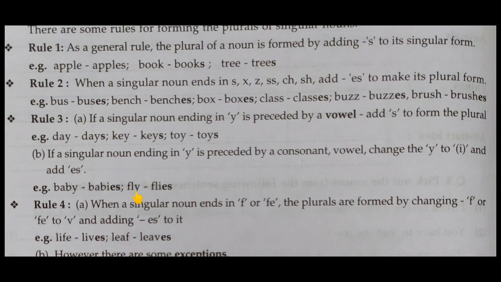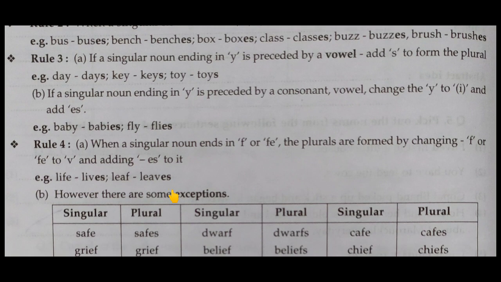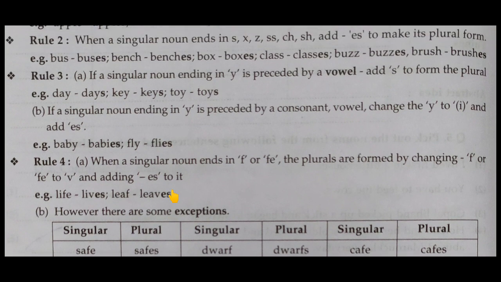The second word is fly. So here this word is ending with y, so convert it to i, and it is preceded by a consonant, that's why add es. So these are some simple rules, but you have to take that into consideration, okay, remember that, okay. So that whenever you convert some singular nouns to plural nouns, then make use of these rules, okay. Now let's see the fourth rule, okay.